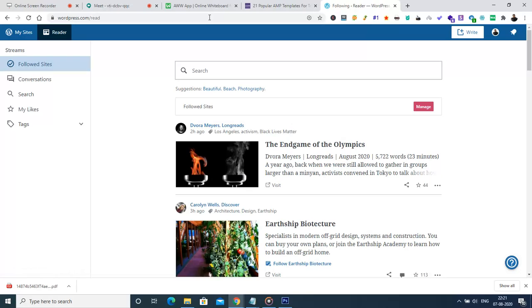Since I have already registered with WordPress.com, WordPress websites can be created in two ways. One is WordPress as open source software. We have to download this software code and install it on our server hosting.